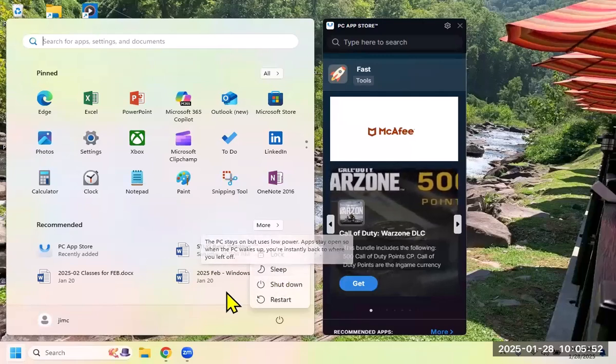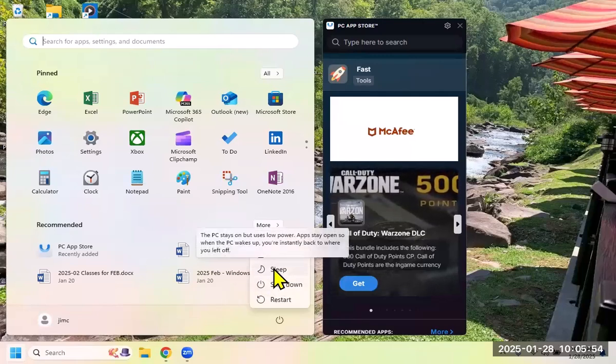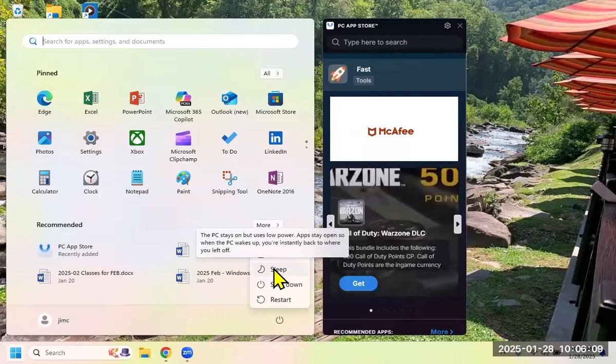The sleep option, again, I just moved my mouse to it. It tells me what it is. The PC stays on, but in a low power state. Some people like to leave their computer on all the time. And I don't have an argument with them. That's fine. But I would suggest you put it in sleep mode. It uses